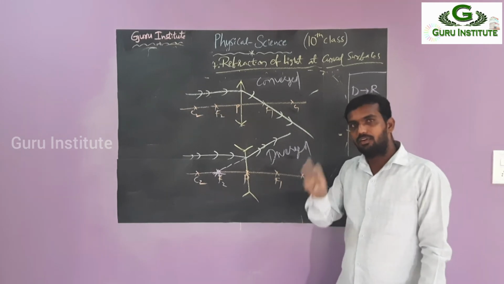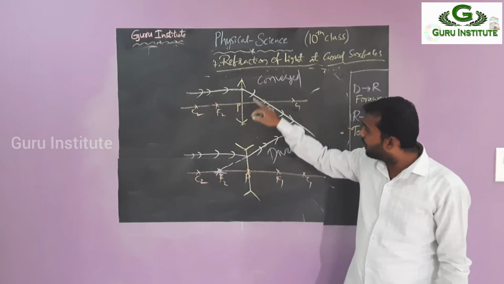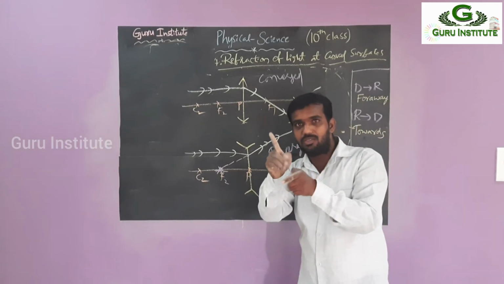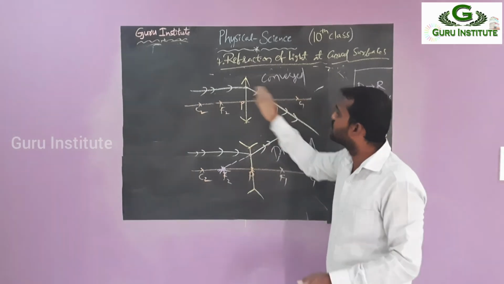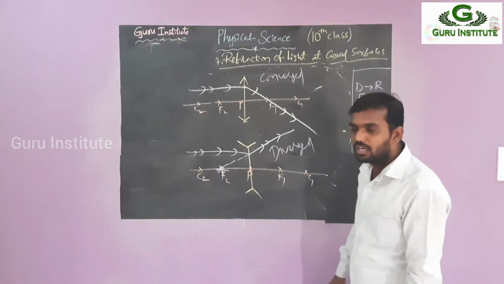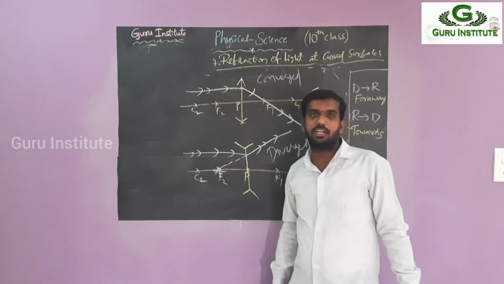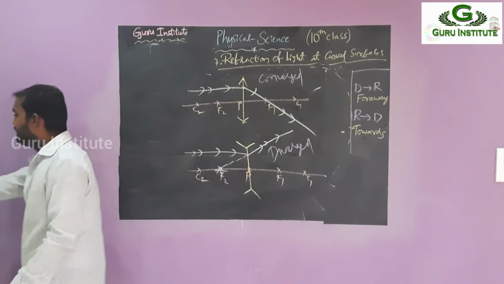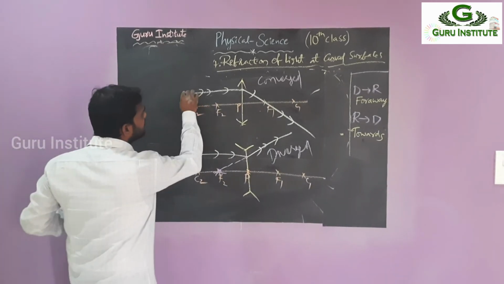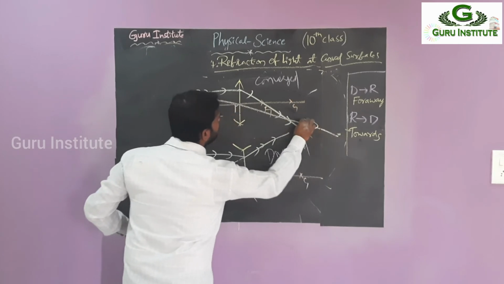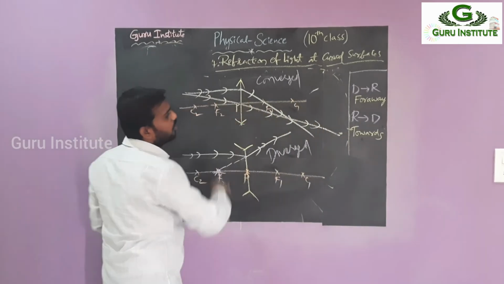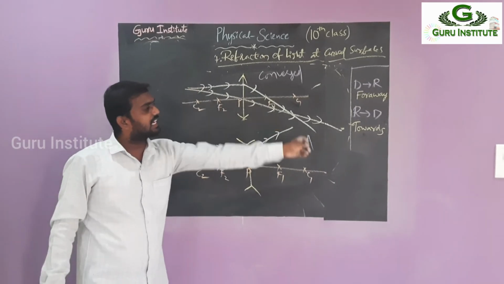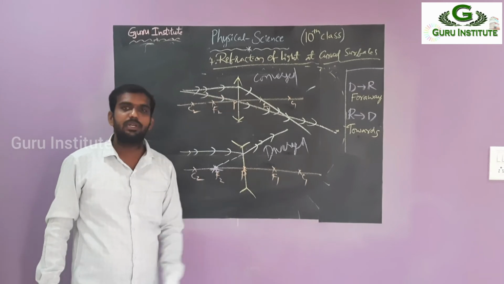And vice versa, passing through focus, parallel to principal axis. That is also clear. What is the third one in the mirrors? Passing through center of curvature, there is no deviation. But there only one center of curvature is there, so that's why we take that case. But here two centers of curvature are there, so in place of that we can take the pole. Passing through pole, no deviation. If any light ray is moving through the pole, there is no deviation. It won't be deviated, it won't be bent. Refraction is directly done, as is straight. This is the third point.